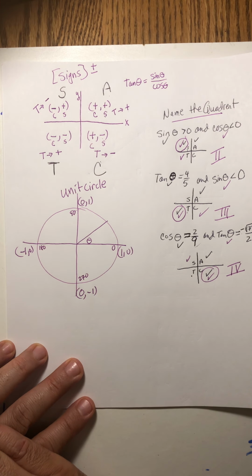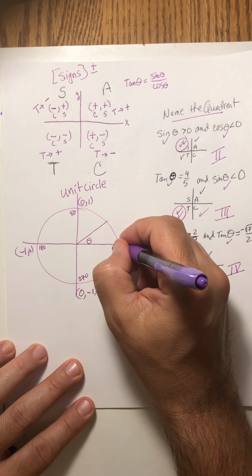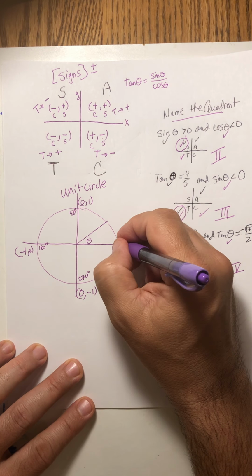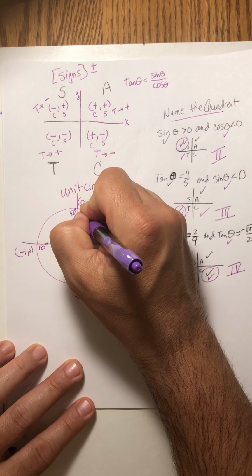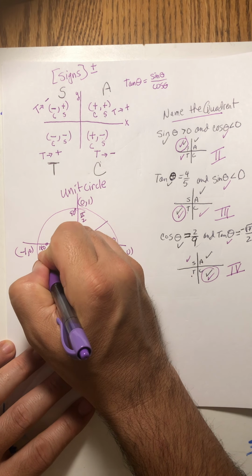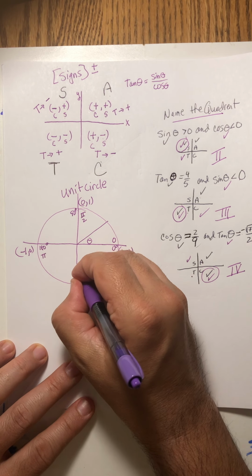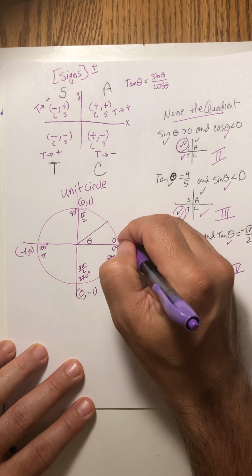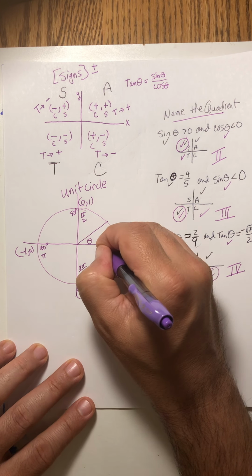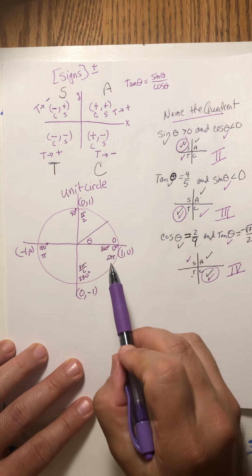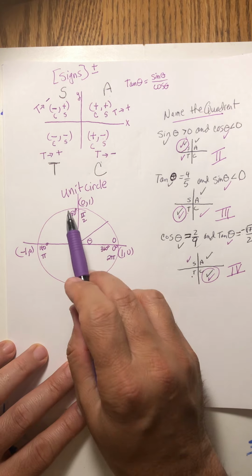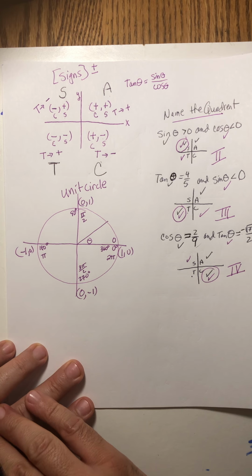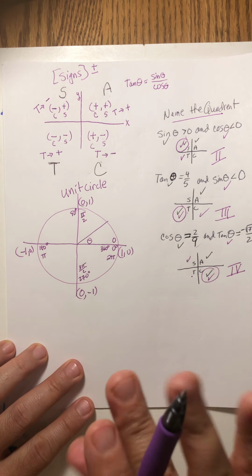If you remember your radian measures, these are all degrees. This is 0 radians. This is pi over 2. This is pi. This is 3 pi over 2. And then we go back up to here to 0, which actually becomes 2 pi. The other name for 0 degrees is 360. Yep, in pre-calculus, we're doing them both, degree format and radian format. Okay? So, right now, without using a calculator, you know